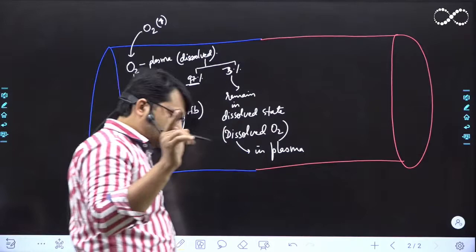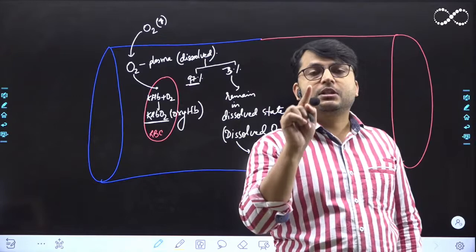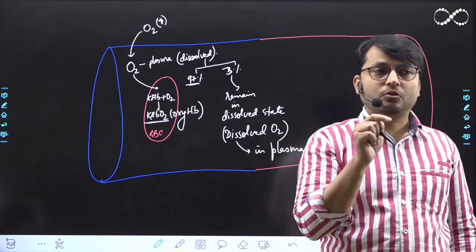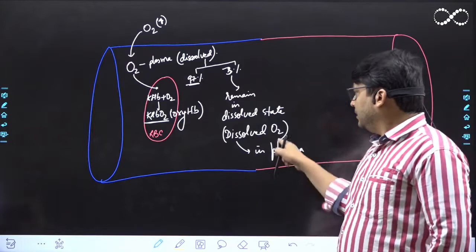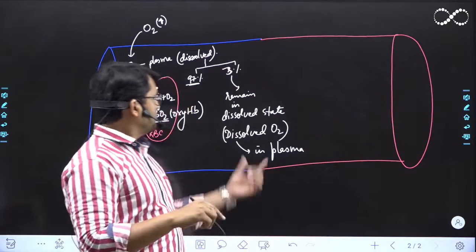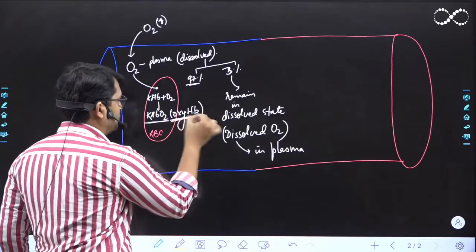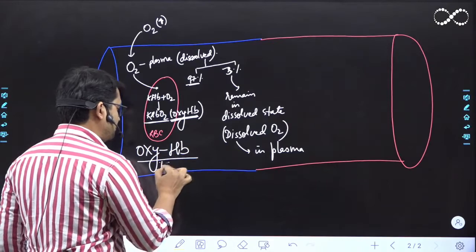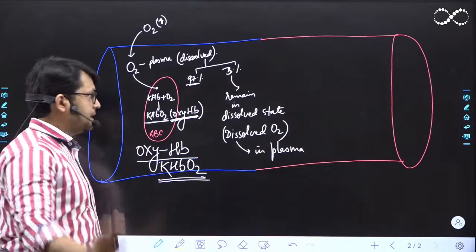Got it? तो ये चीज़ याद रखिएगा कि when it comes to oxygen transport, 97% of oxygen is transported by the hemoglobin in the form of oxyhemoglobin, whereas remaining 3% is transported by the plasma in the dissolved form. ओके, ये याद रहेगा. So 3% in dissolved form, 97% in the form of oxyhemoglobin. Okay, oxyhemoglobin क्या है फॉर्मूला? KHBO2. Got it? बस इतना आप याद रखिएगा.